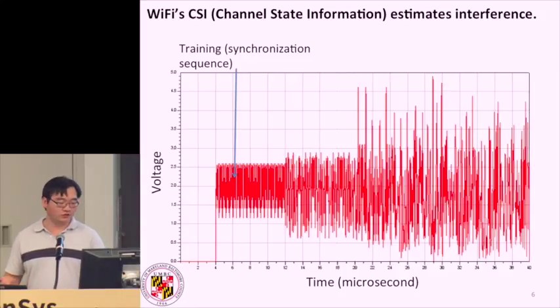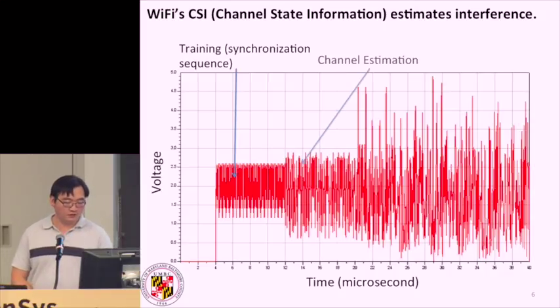Of course, Wi-Fi initially transmits a synchronization sequence. This is what enables OFDM and QPSK to phase lock and time sync to one another. The next thing it transmits after the synchronization is what's considered the channel estimation. This is the CSI information. This is equivalent to, if you're an electrical engineer, you can think of the impulse response, right? We know what is sent, we can measure the difference of that channel response.